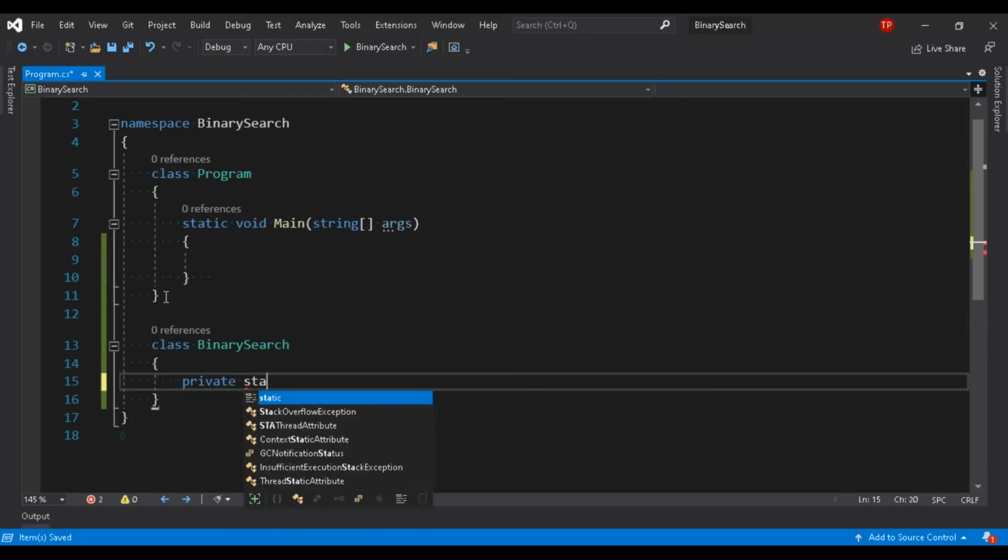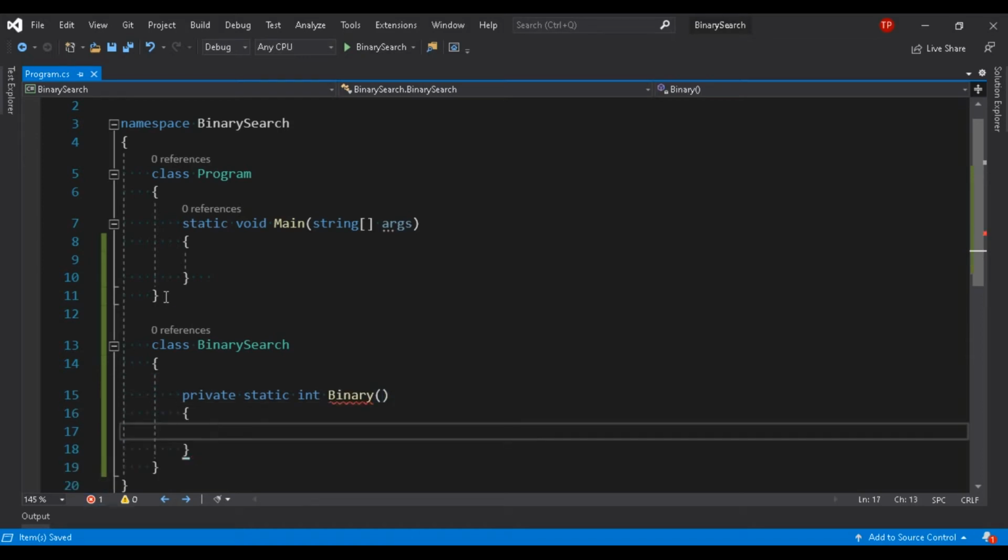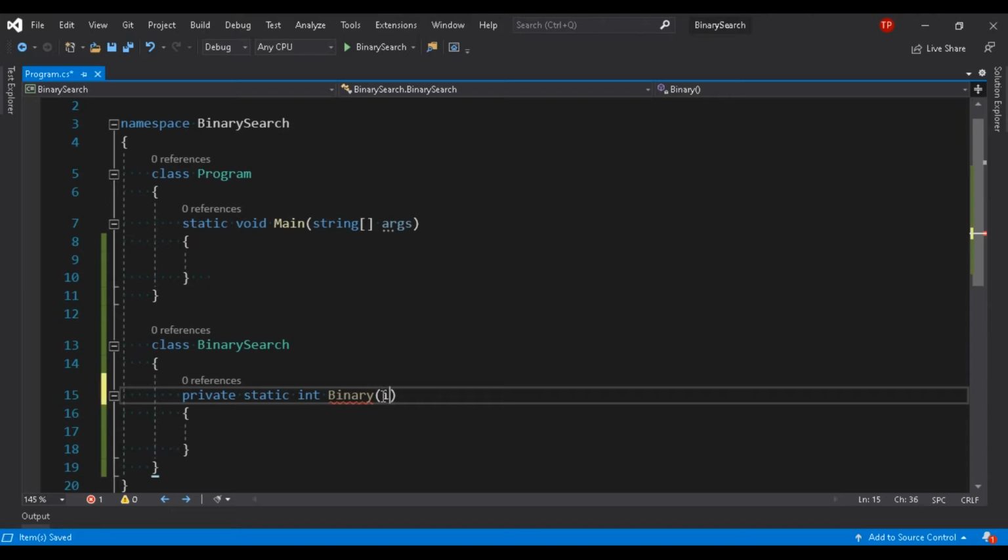I am making it static so that I don't need to create an object of the class, and it will return the index. I will call it binarySearch, though any name can be used. I can have my array here.